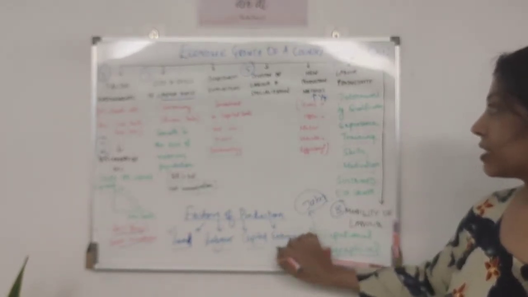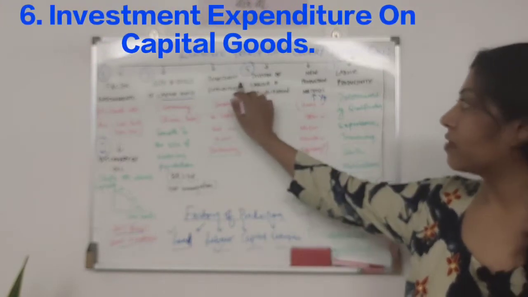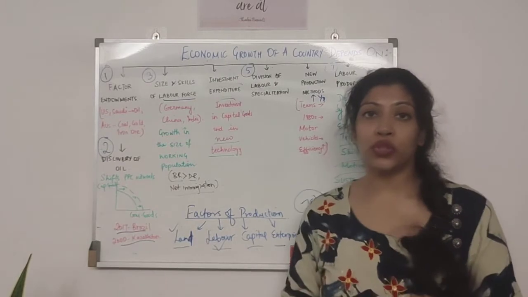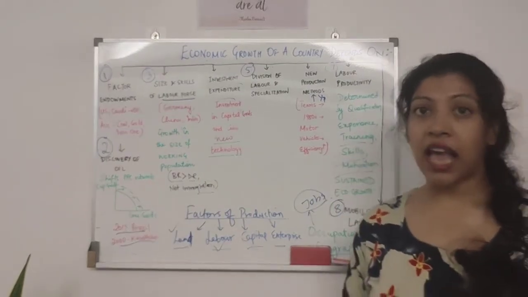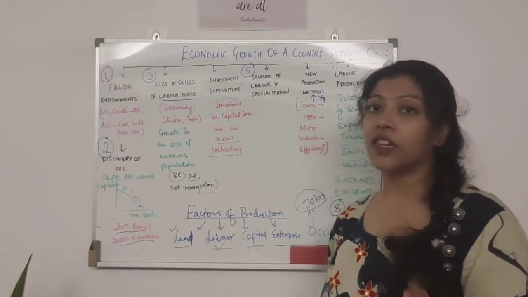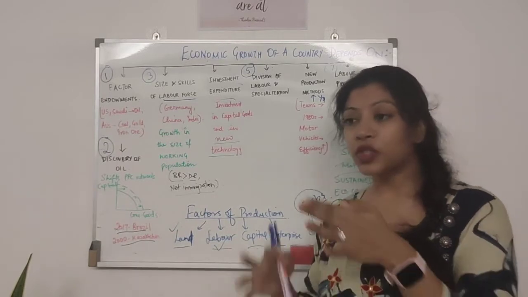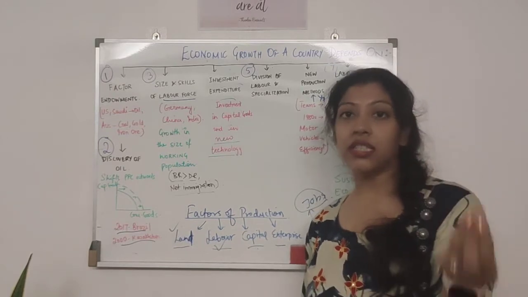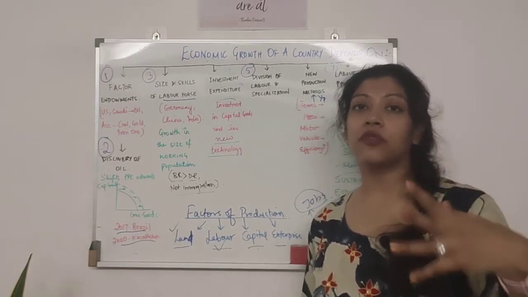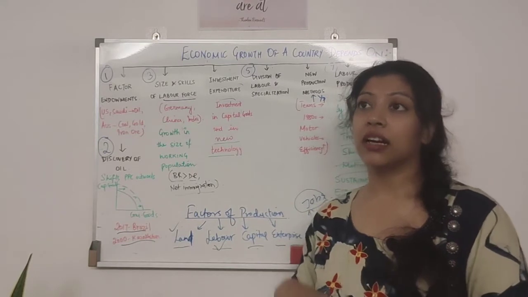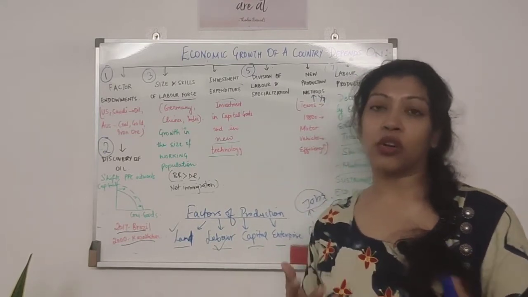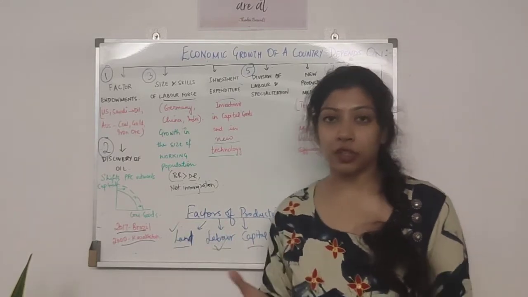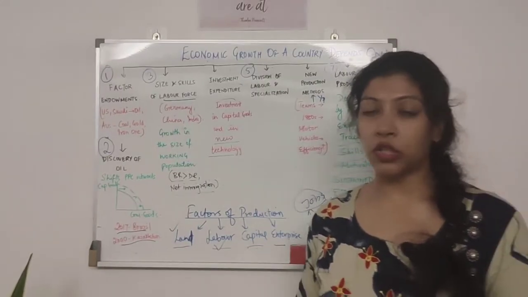Capital and enterprise, I think we look at capital next, which is investment expenditure. So for any economy, it is very important that there is investment. And investment into what? Investment into capital goods, because capital goods are the ones that are making the consumer goods. So if there aren't enough capital goods, then it is very difficult for the economy to actually grow over time, right? If the economy is just consumer goods driven, it will be very difficult for the economy to sustain,